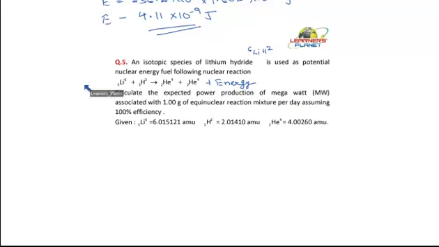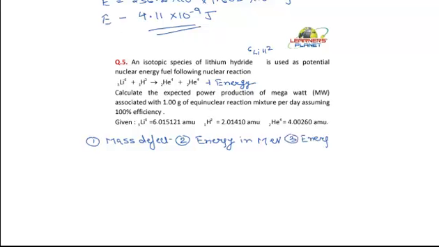What should be the steps followed? First, find out the mass defect. Second, find out the energy in mega electron volts. Convert this energy